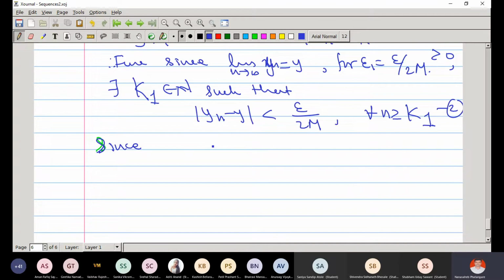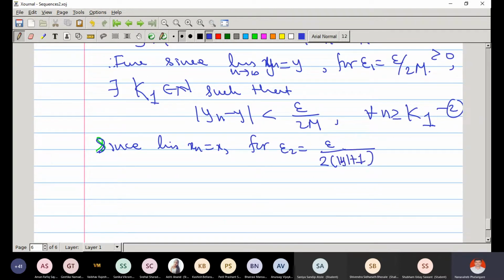But if you want to assume non-zero, if you assume y is non-zero, since limit of xn is x, for epsilon by 2 we have epsilon upon 2 into,